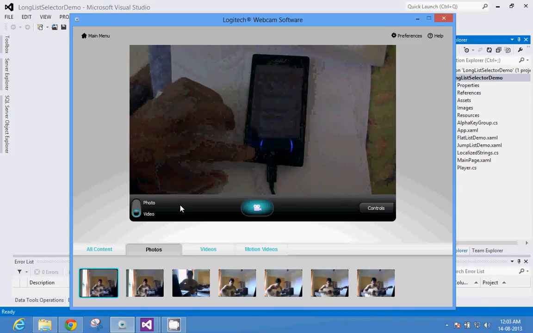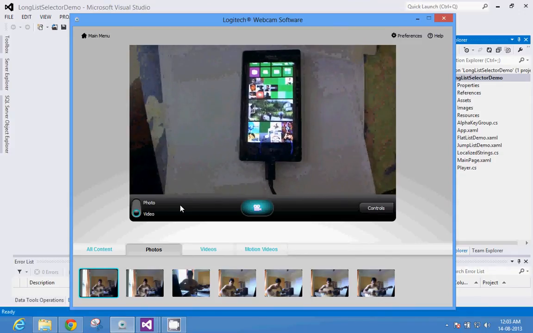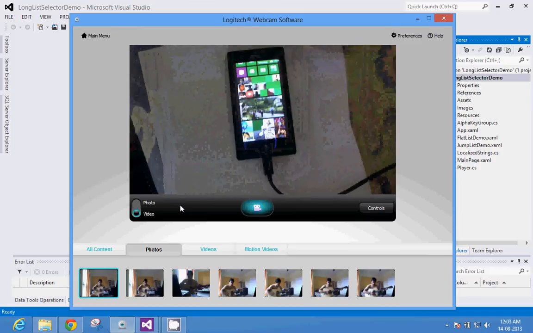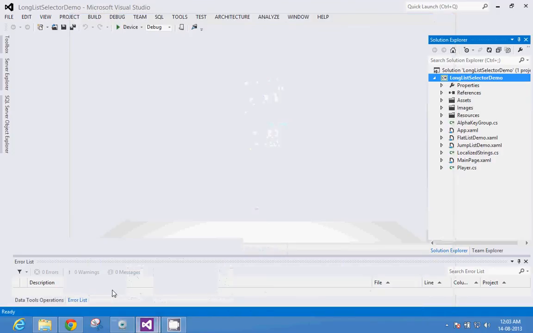This obviously makes navigation much easier. With big lists and big data, it's impossible for a user to scroll all the way down to select their choice of item, so long list selector becomes handy.